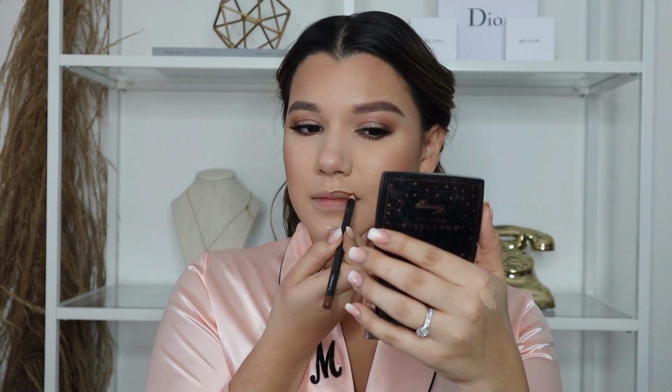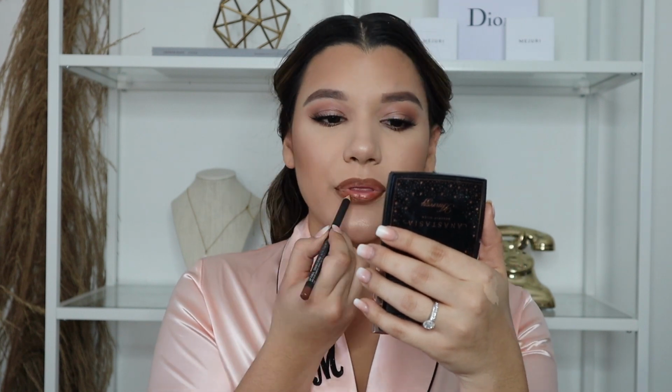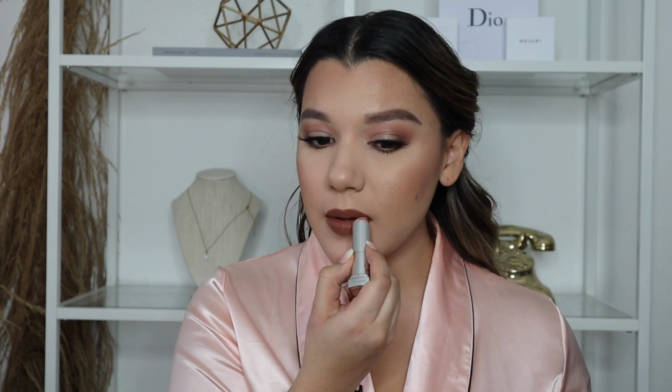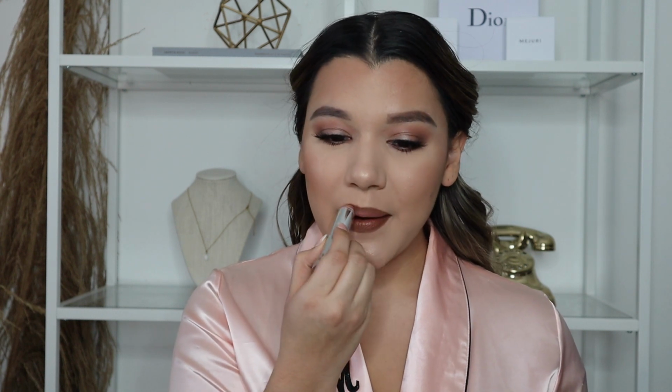So I'm going to go in with this MAC lip liner, and this is in the shade Cork. So I'm going to go in with this lipstick by Maybelline. It's 650 Nude Embrace. And as you can tell, I really love it because there's barely anything left. So this is like my everyday lip color. So I'm going to apply it on top. And it's just going to give us